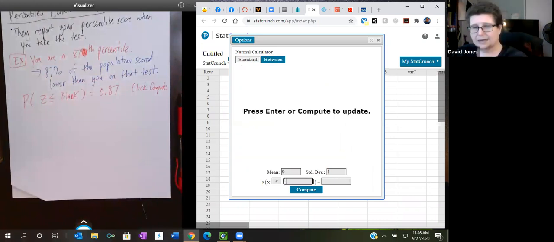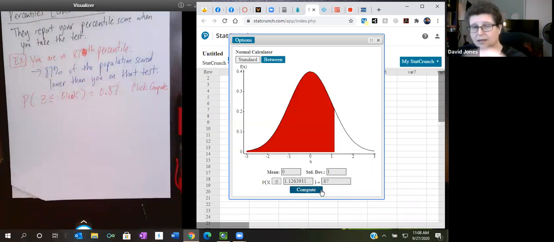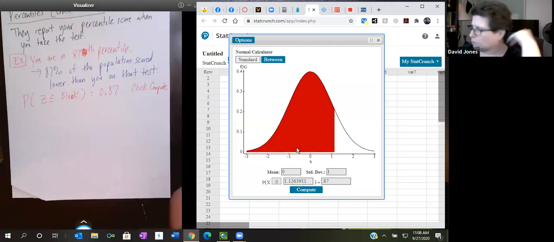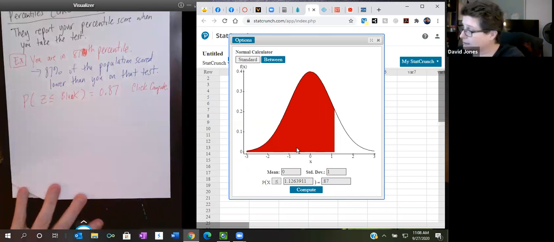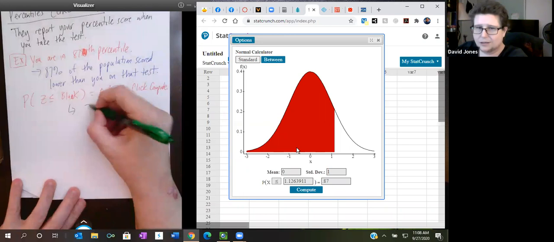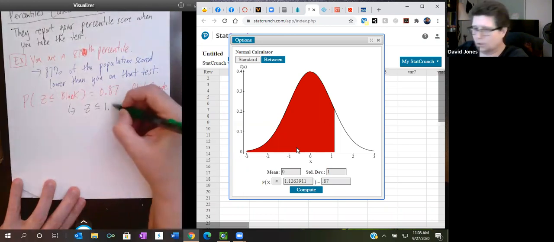I'll blank that out and I'll say 0.87. And at 1 percentile, it should be the left. The only problem with this in StatCrunch is it doesn't say the letter Z when it's mean of 0 and standard deviation of 1. You just have to remember that. And compute tells us that the Z-score is 1.1